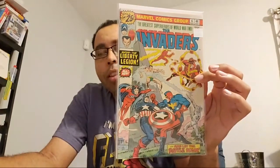Also picked up number 6, which I wish I would have gotten another of, because they had multiples. This number 6 is near mint as well. This is number 7. I don't know if they had another one of the number 7, but I'm probably going to go back and check because this corner is kind of rounded at the very bottom. But they have Invaders number 7,